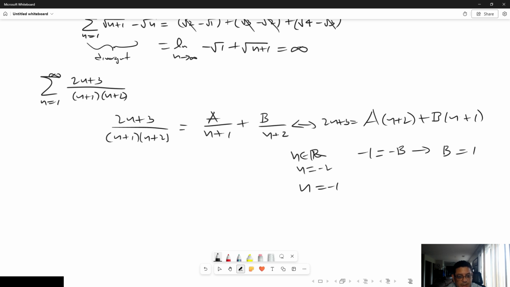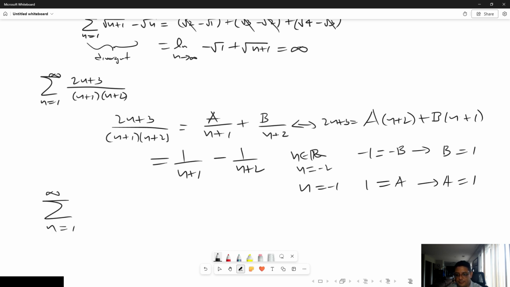Similarly, if n is equal to minus 1, then this is minus 2 plus 3, so 1. And then minus 1 plus 1 is 0, and this becomes A. So A is equal to 1 as well. That means that this arrangement is just 1 over (n plus 1) minus 1 over (n plus 2). And so the sum of (2n plus 3) over (n plus 1)(n plus 2) is actually giving me